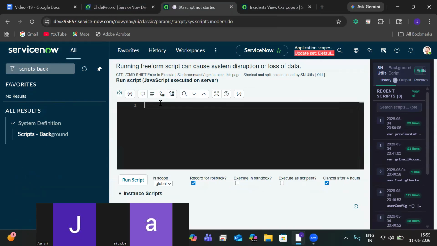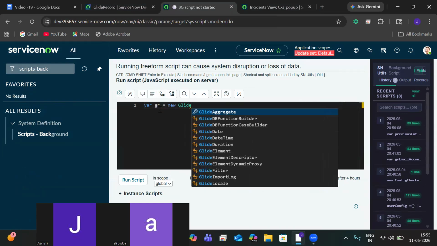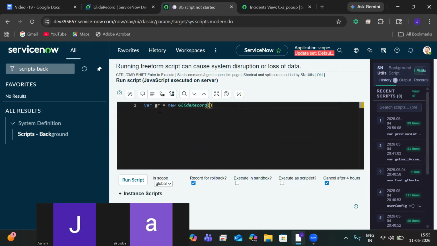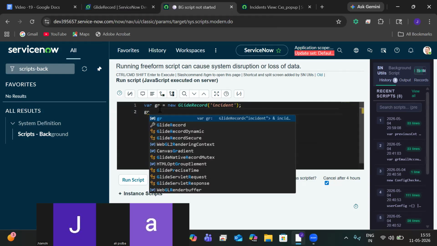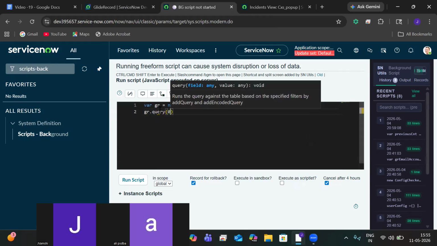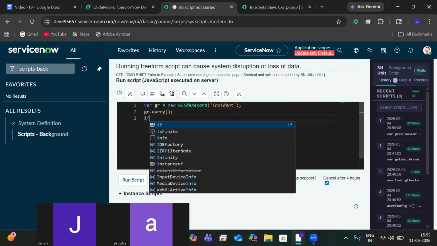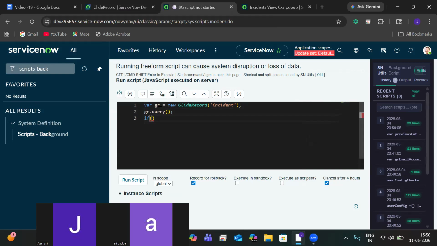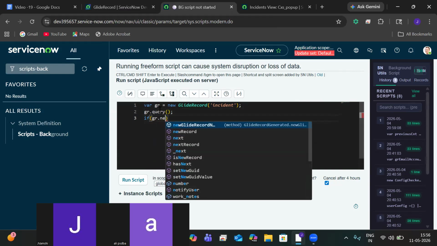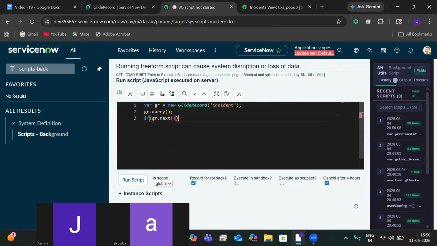In scripts background, I write gr equals new GlideRecord, and I write the table name as incident. gr dot query, if gr dot next,